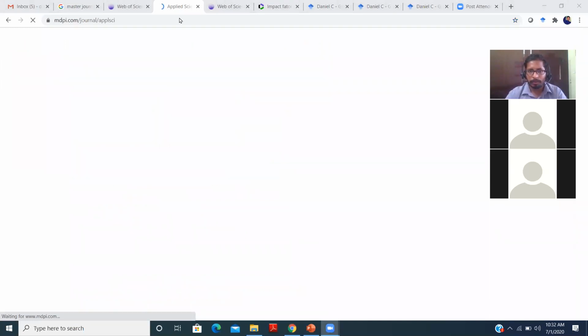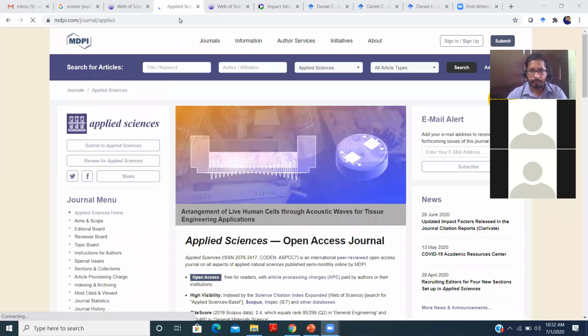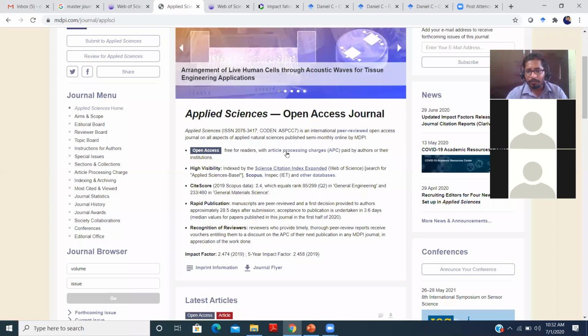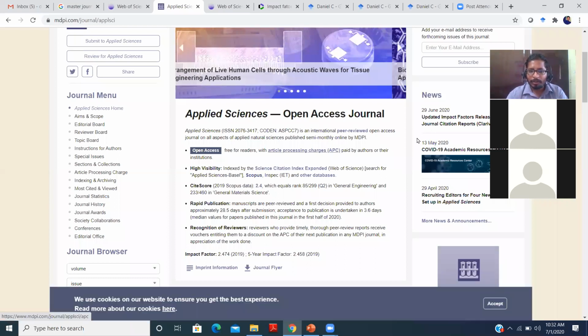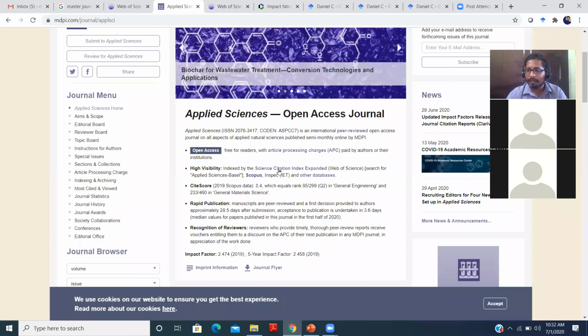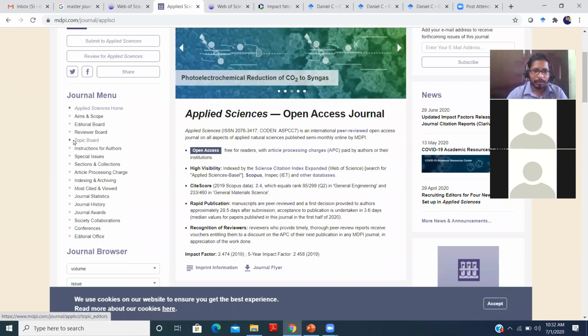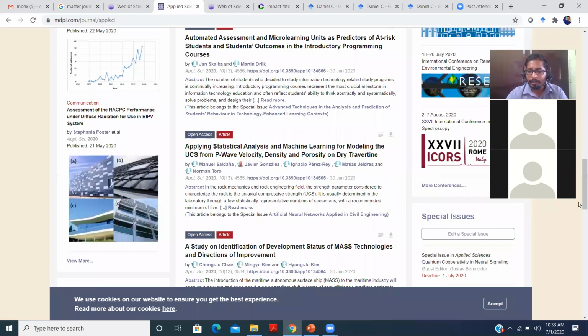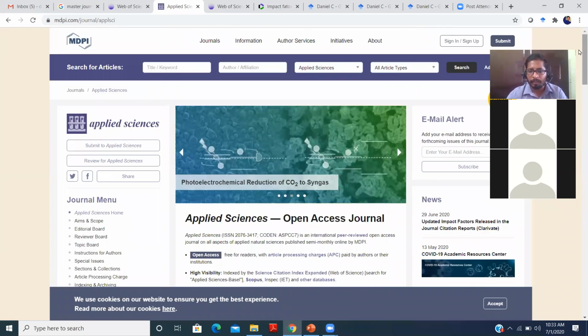I think you are all able to see my screen, right? If you see here, article publication processing charges were there. It will be like some thousands. This is also indexed by Science Citation Index. If you see the editorial board and all the articles published here, many reputed institutes have published here. But these open access fees are paid by their libraries. Many of the reputed institutes pay some amount yearly to this journal, so that these articles are published as open access.